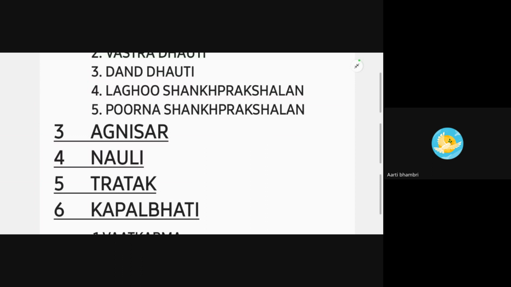Agnisar is just a very simple Kriya, but there are so many benefits of Agnisar Kriya. One, it increases the belly fire, and it is done with pressure. Of course, we feel the pressure when we perform Kapalabhati, because we are throwing the air outside through our nose. But here we are not throwing any air. We have to do this vigorously, in and out, in and out.